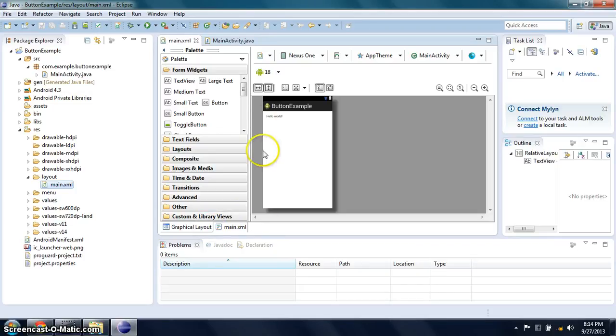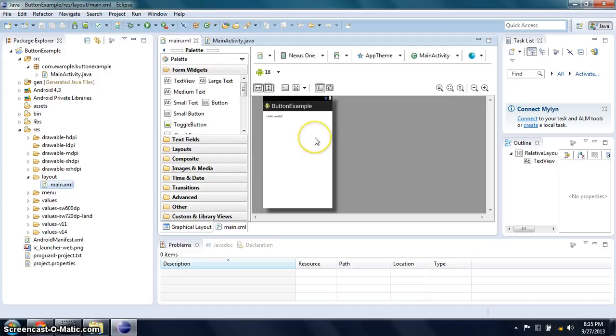This is a very quick and easy tool in which you can create a simple user interface. For example, you can drag and drop a button from form widgets to the screen in the main window. But when you need to customize it in greater detail, you will have to use the traditional way, and that is editing.